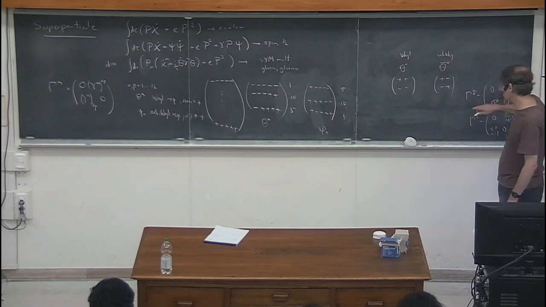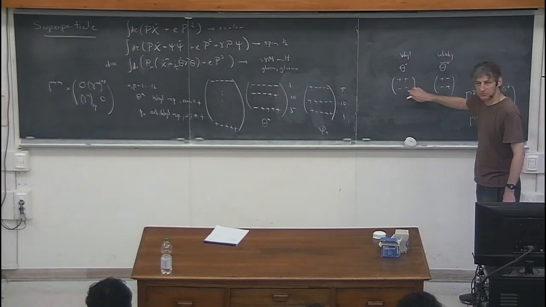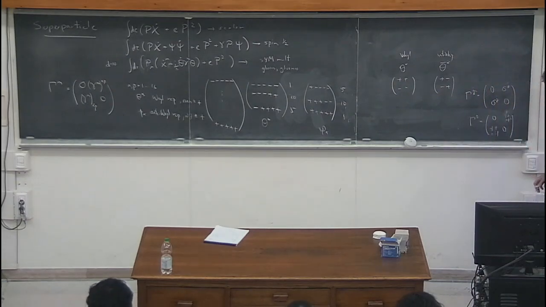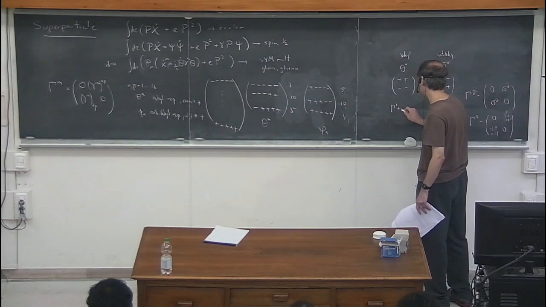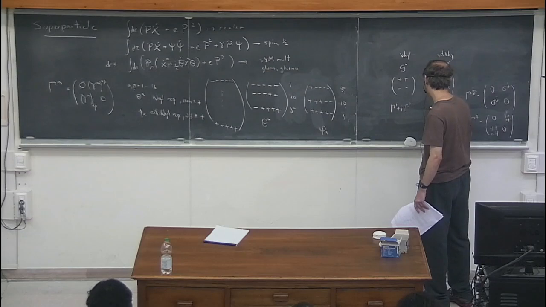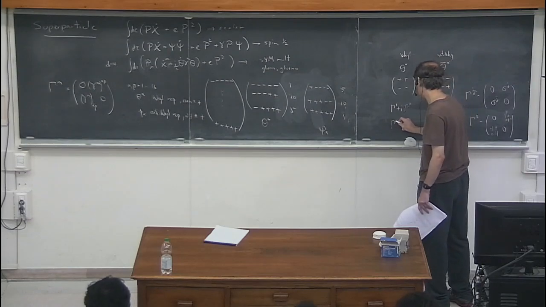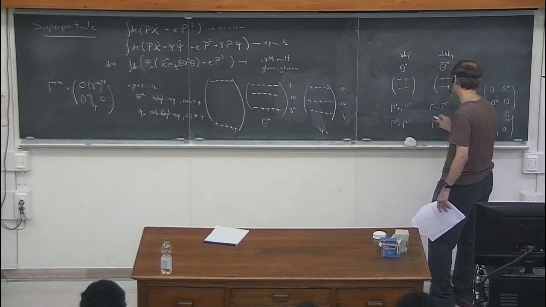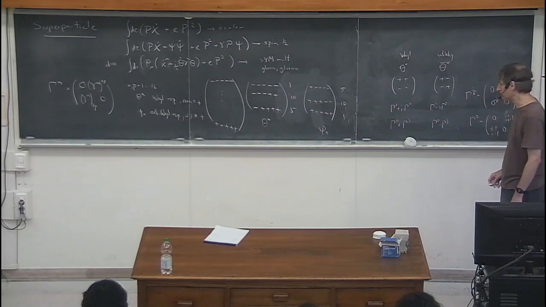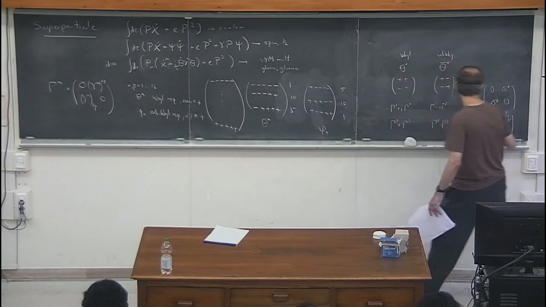So let's look at 4 dimensions, how this breakup of the gammas is related to this plus plus minus minus. To reinforce the definitions of this plus plus minus minus: remember we defined gamma 1 plus i gamma 2, gamma 1 minus i gamma 2, gamma 0 plus gamma 3, and gamma 0 minus gamma 3. So these are the creation and annihilation operators. So this one is going to be equal to,